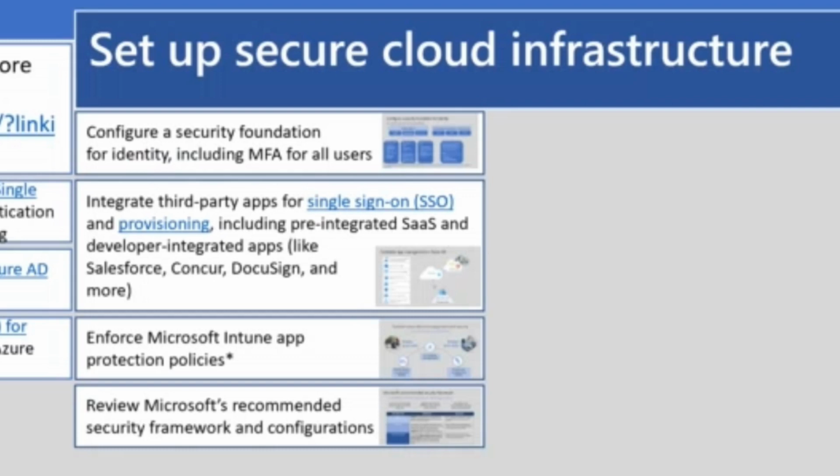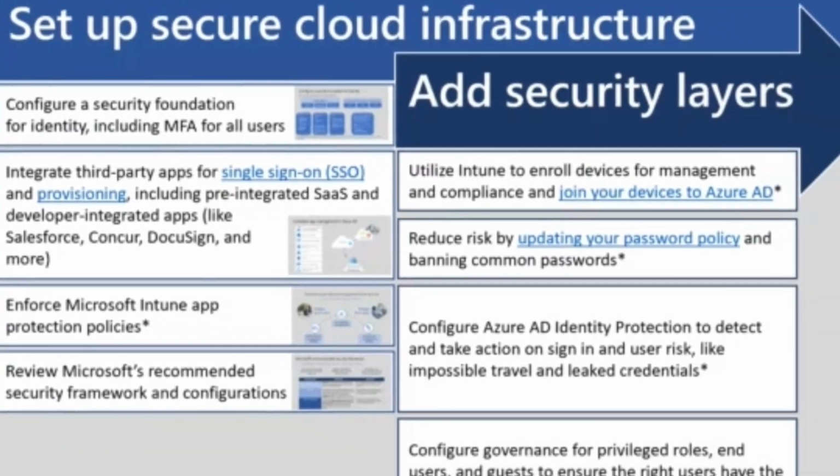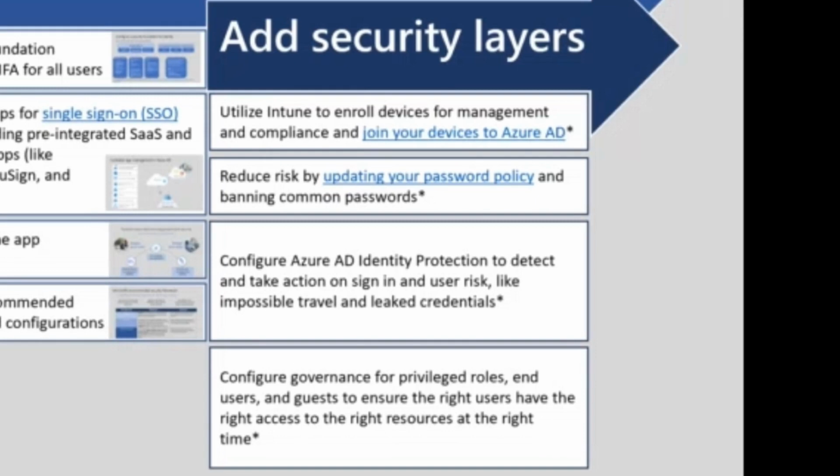We talk about device here, and then we talk about Microsoft 365 golden config, which we go through all of this, and we add more layers to our security. Like adding device, adding password, updating our password policy, and talking about risk management with identity protection, and going through some features like PIM, which is, I mean, some of them are P2, but